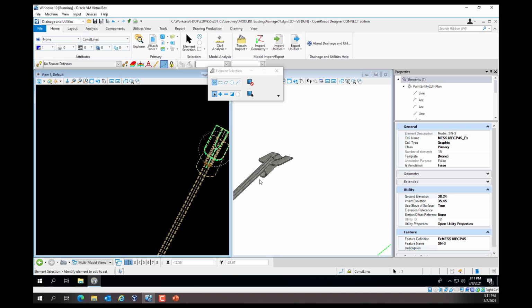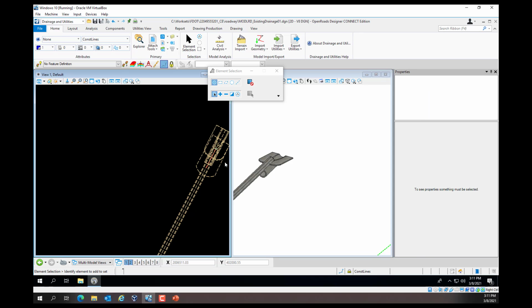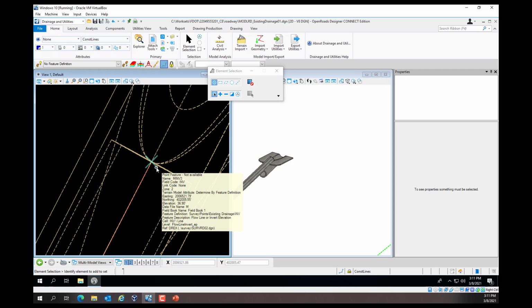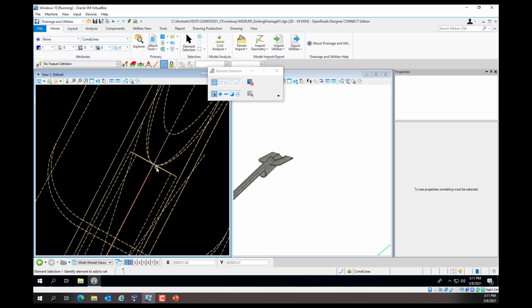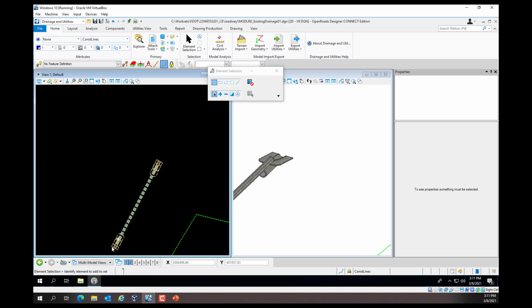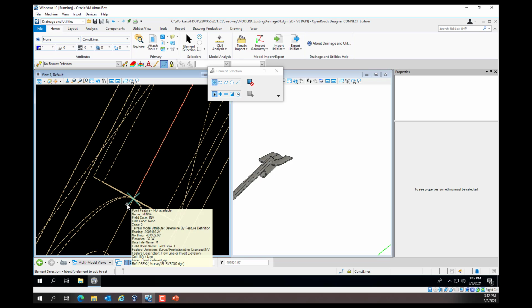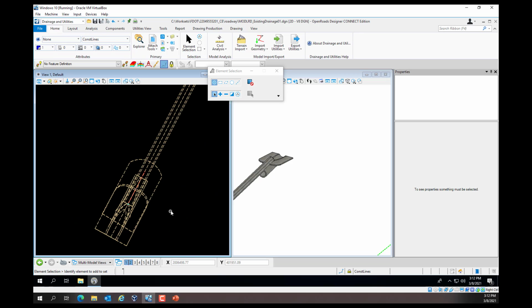We'll fix the orientation. To fix the invert elevation, again, we can click on the survey pin from the line to verify we have 36.9 feet for one invert elevation. And if we scroll out and zoom into the bottom, we have 37.34 for the invert elevation.